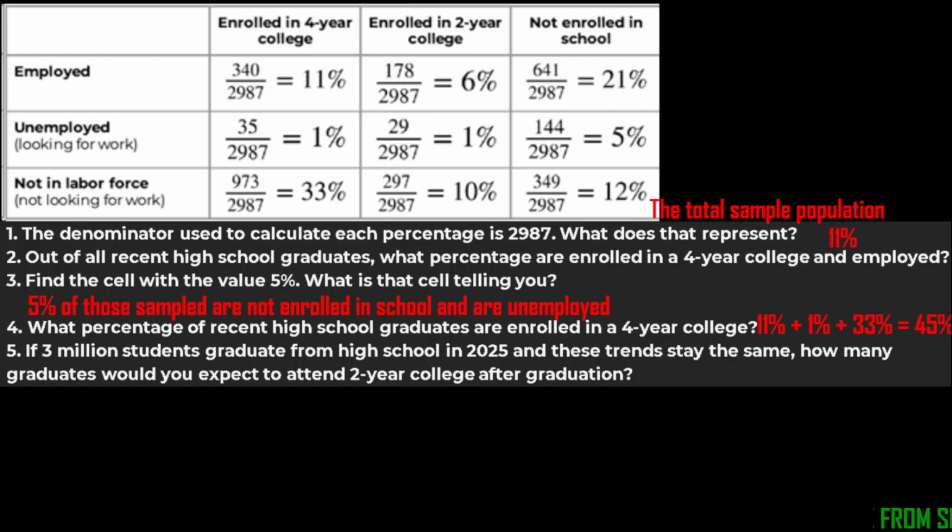Then for number 5, it says if 3 million students graduate from high school in 2025 and these trends stay the same, how many graduates would you expect to attend 2-year college after graduation? So we're going to use the percentage from that. So what I'm going to do first, I'm going to say we have to add those values together. So I'm going to say